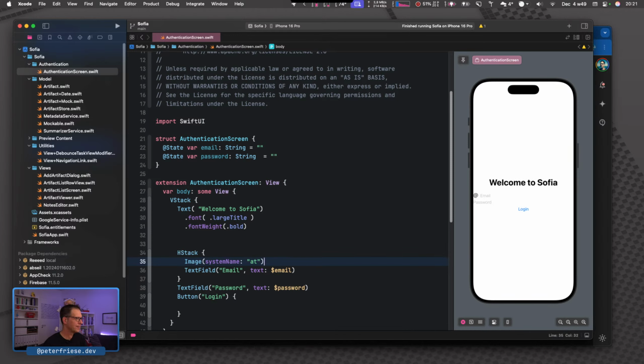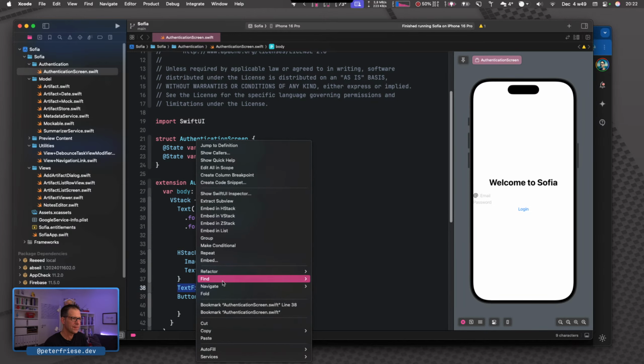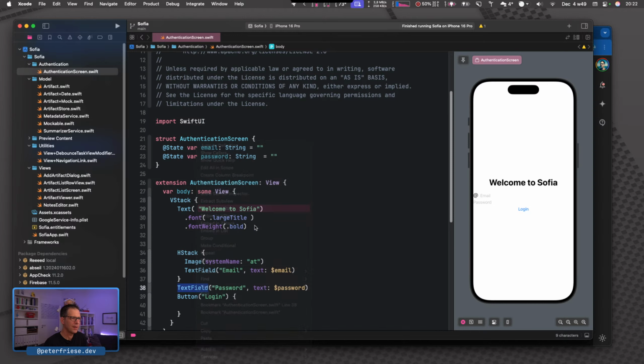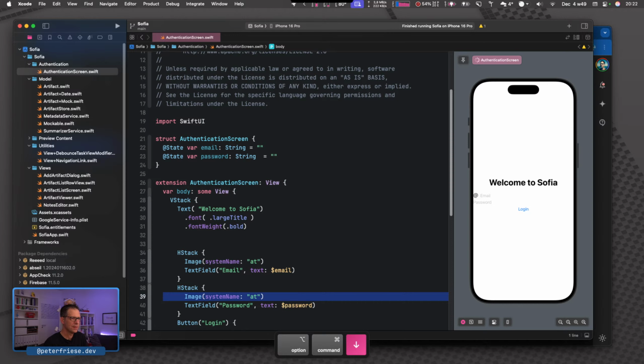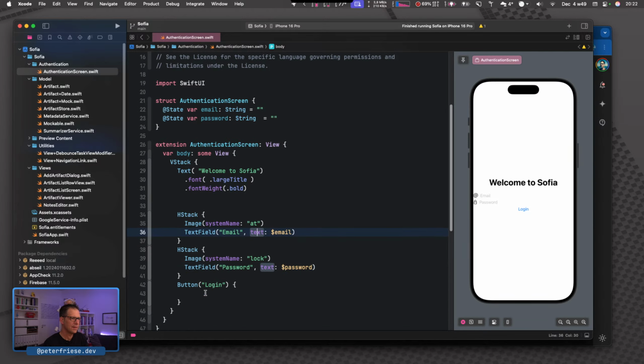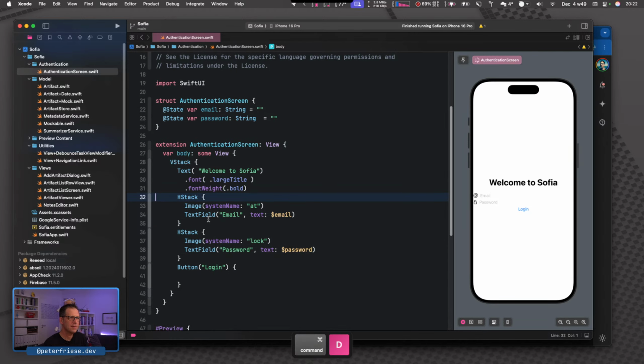And then for the text field, embed in HStack, I want a lock icon like this.